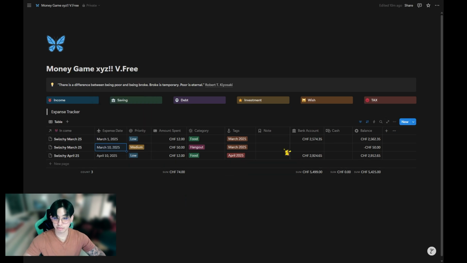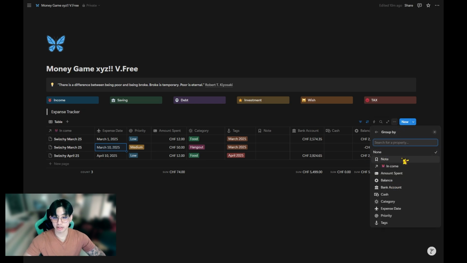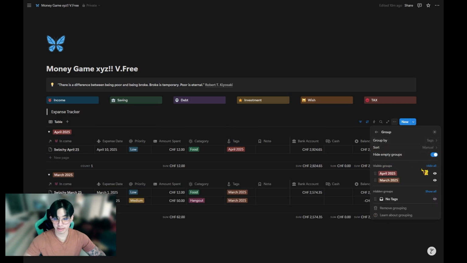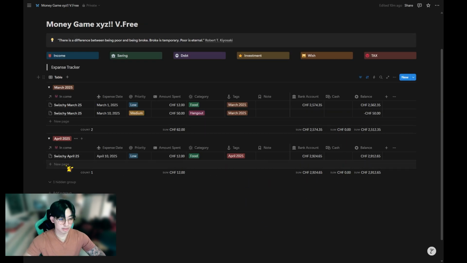do a group for month. Go to this one and group and select text, right? Now do you see it? April is on the top, right? Put it down like this. Better. Okay, looks better. And then second,